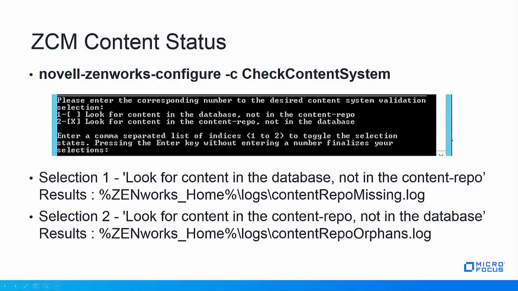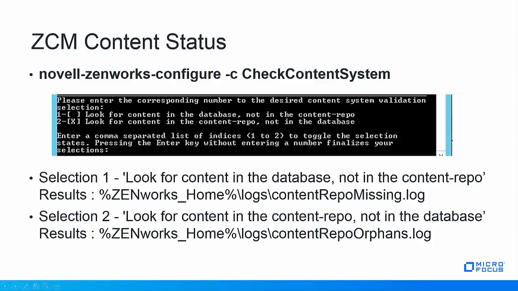ZCM content status. The novell-zenworks-configure -c CheckContentSystem command has been around a long time and is useful for comparing the primary server content with what the database has record of. It is used when troubleshooting content on primary or satellite servers. There are two options. Selection 1 would be look for content in the database that's not in the content repo. If this is selected and it finds content missing from the content repo, the results will be shown in the